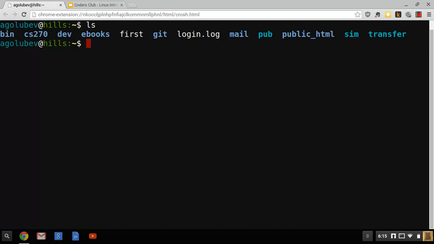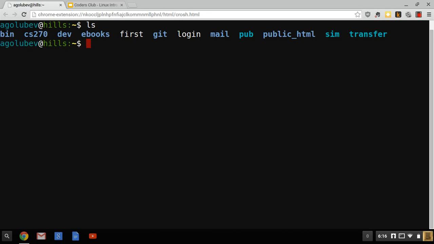So if I want to rename it or move it to some other location, I use the move command. I specify the file that I want. In this case, I'm using the relative path to login.log because it is contained in my current directory. And I specify a new name that it's going to be stored as. I could, for example, rename it as just login if I wanted. So now this file is now named login.